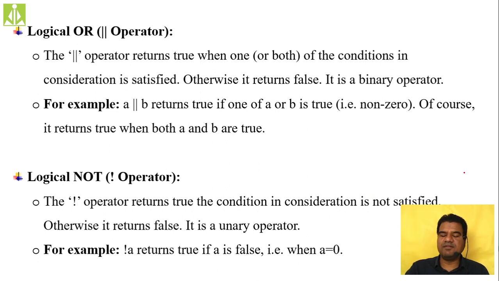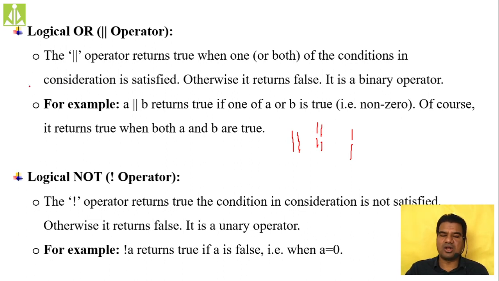This type of symbol we have on the keyboard. You have to look for it somewhere beside your square brackets. You will get this symbol, like this. Two lines, or in some keyboards it is printed like a single straight line. If you have it like that, you make it twice, like this. We call this symbol logical OR.